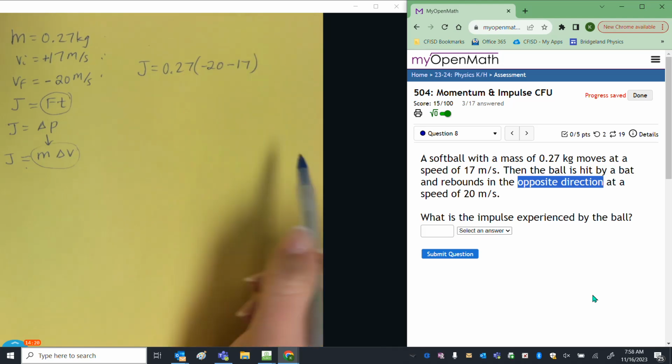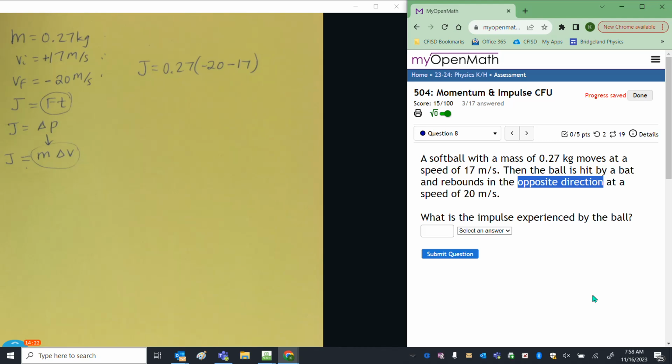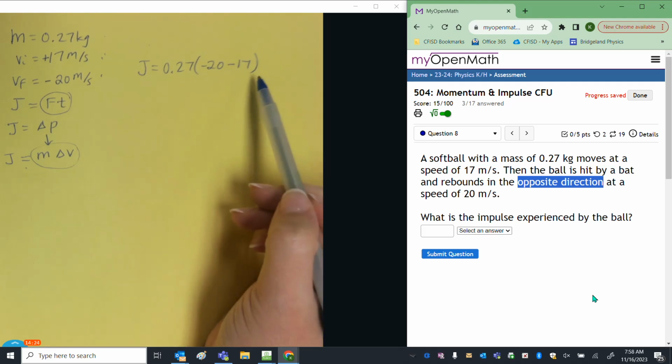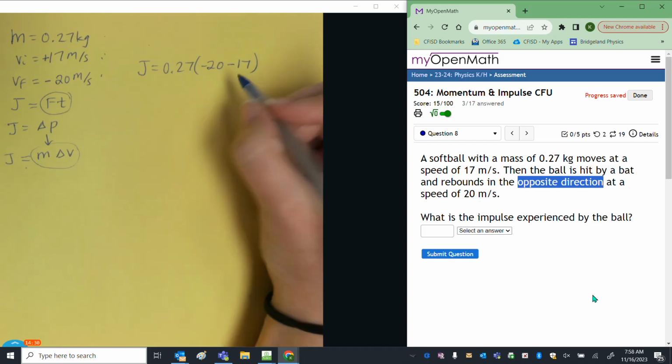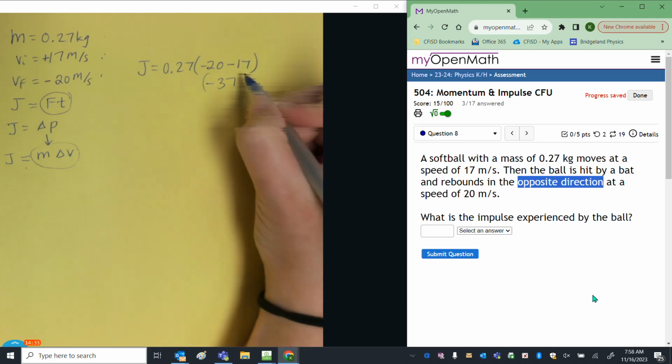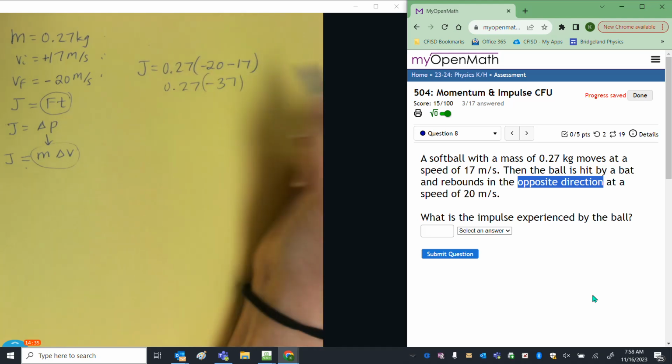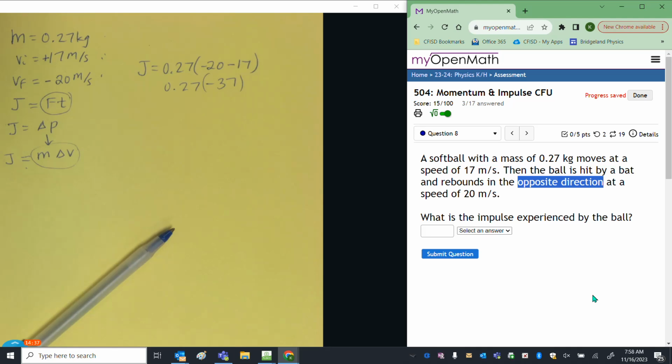Make sure your signs are correct. Negative 20 minus 17, which really means I'm adding these numbers together. I'm going to get a bigger negative number. That's going to be negative 37 times 0.27. So that's what I'm going to type in my calculator, 0.27 times negative 37. And I'm going to get